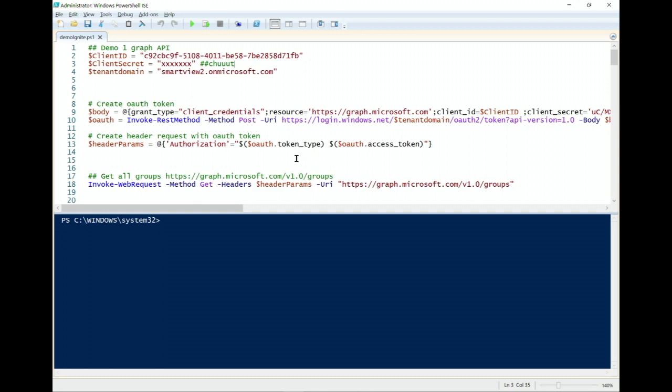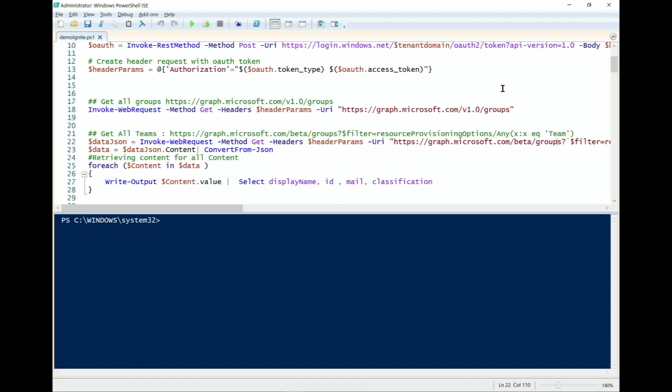I'm always using a PowerShell script to test different things, because I know that if it works in my PowerShell script, then I can take the piece of my PowerShell script to paste or to use in the different modules or services I want. So with this PowerShell script, what I want is the client ID. I also have a client secret, and I'm creating a token like this with the body, with the authentication, to create the header, and then to invoke my query.